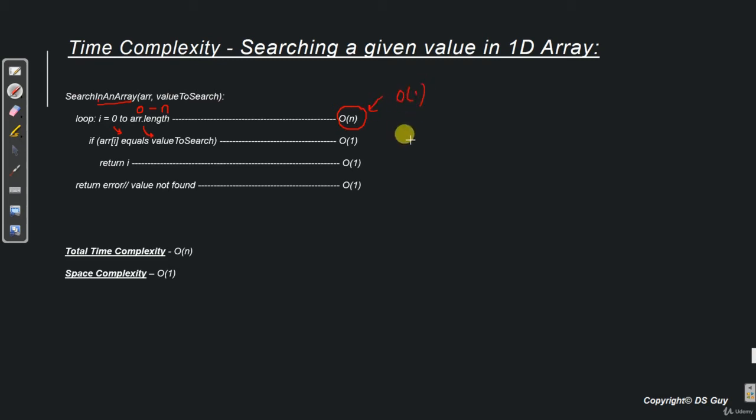Yes, that is a very valid question, but please remember that we are calculating this time complexity in terms of big O. If we would have been calculating this complexity in terms of omega, then omega of 1 is a valid statement. But since we are talking here in terms of big O, hence we have to write it as order of n. Now in case you don't understand what we mean by big O and omega and theta, please refer to algorithm runtime analysis chapter. We have talked about all these topics in extreme details there.